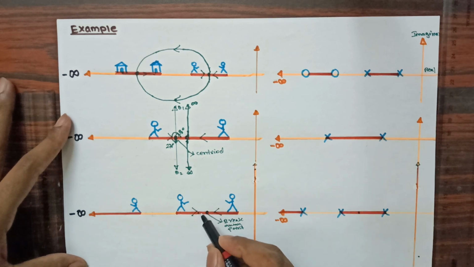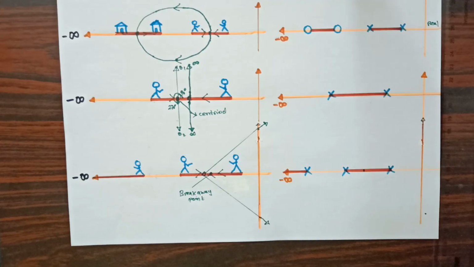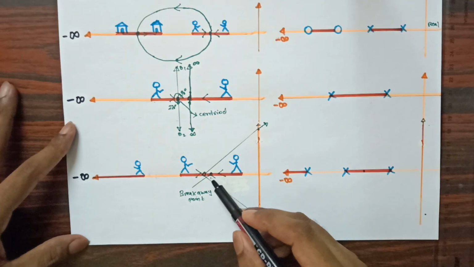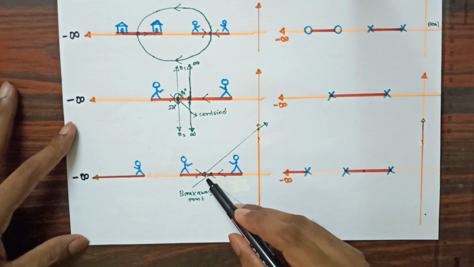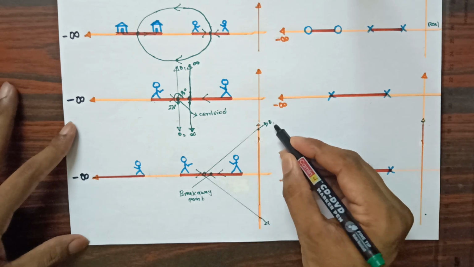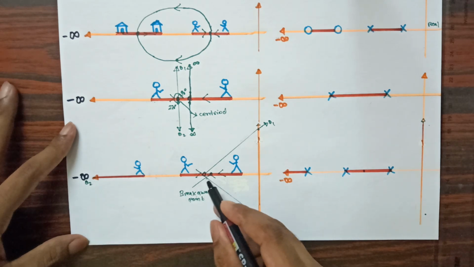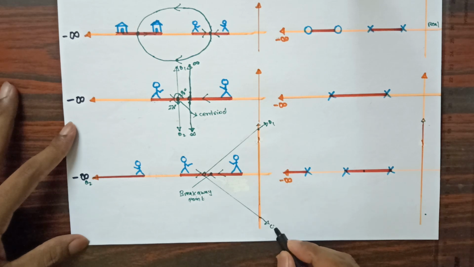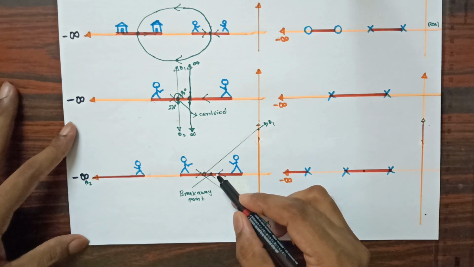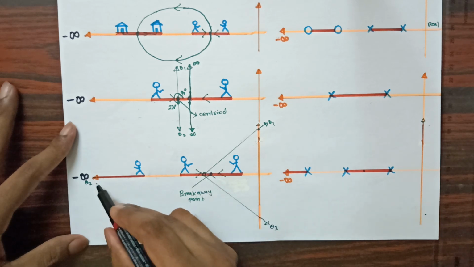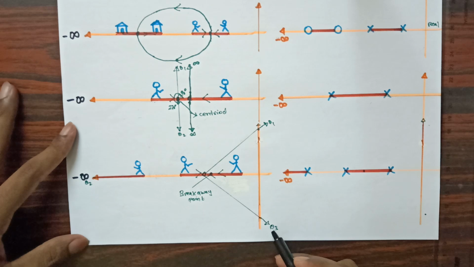To draw an angle I will be considering any one point here. This point we know we are considering as a centroid. With respect to this point I will be drawing the first angle, second angle and third angle. Now you can see that by considering the centroid point, I have drawn the first angle, which I am calling theta 1, the second angle I am naming theta 2, and the third angle I am showing here, which I am calling theta 3. This angle I have considered as 60 degree, the next 180 degree, and this is 300 degree.